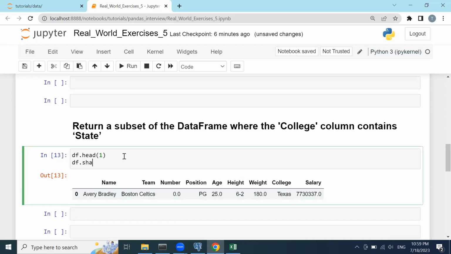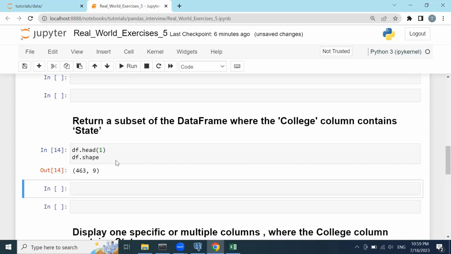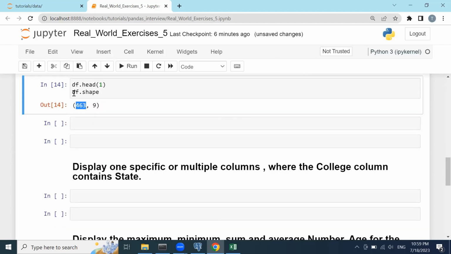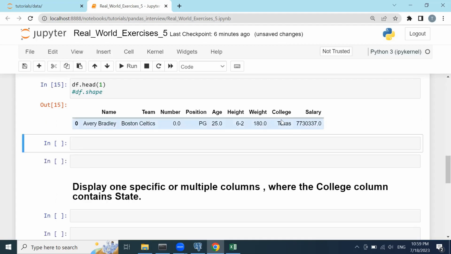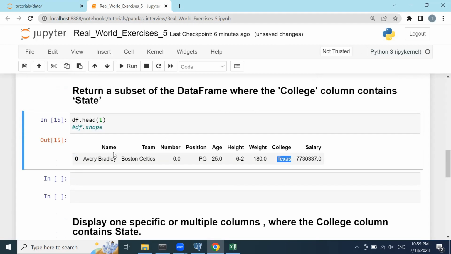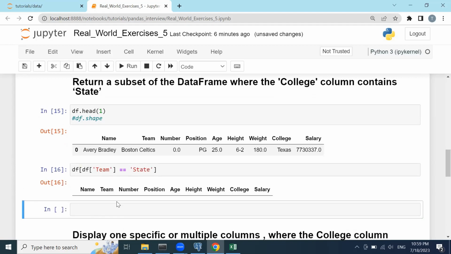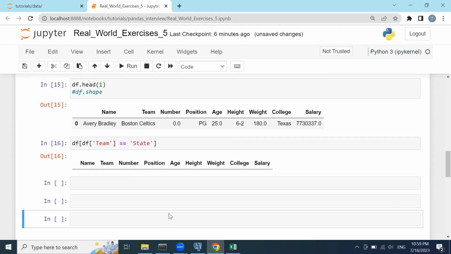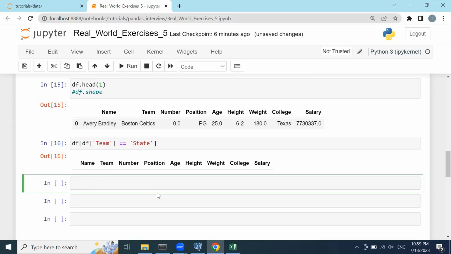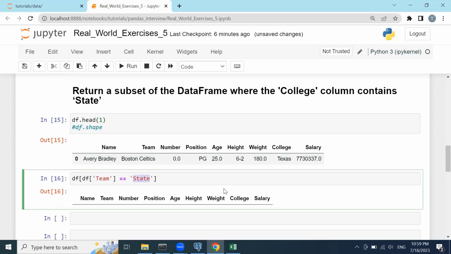If I just type in df.shape, we have 463 rows, and inside of those rows we might have the state value here. But if I just try to print it like this, team equals, for example, state, and click Shift Enter, it will just show you a blank page. But if I want to print out exactly the sentence which contains the state word inside of the column value,